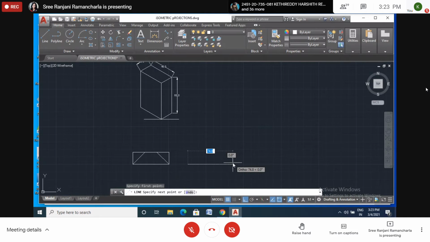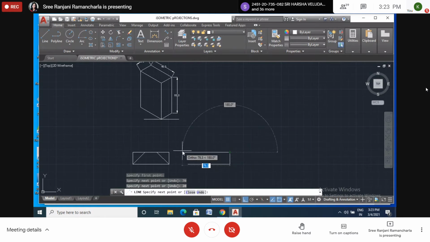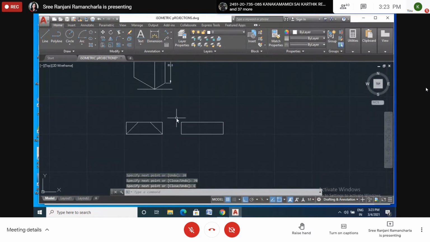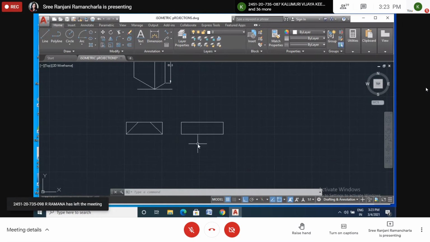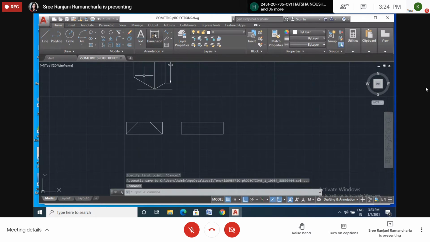70. Okay. This is 20. This is 70 again. This is close. Okay. This is side view. Side, this much length is there. This is the breadth. This is the length. Okay. Now this whole top, bottom, top, and side we got. The bottom, top, and this inclined positions we will draw. What is the inclined length? The inclined length we have to measure this way.